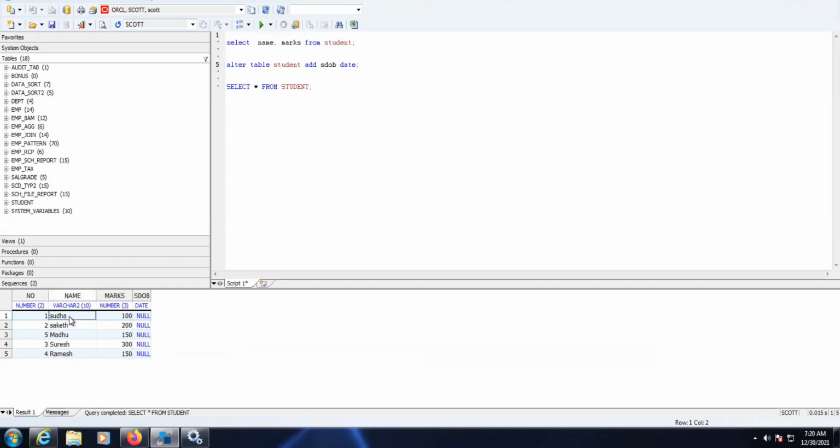So in that case, we need to update the date of birth. You can get the updated information of student date of birth. You can use the update statement: update student and set date of birth for student one, I mean like student number one, name Sudha, like that.